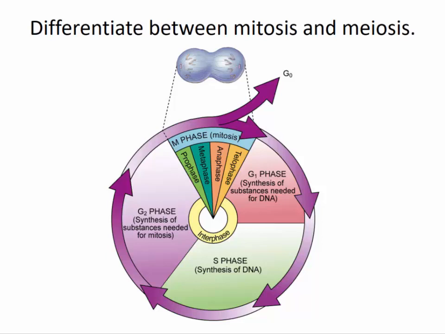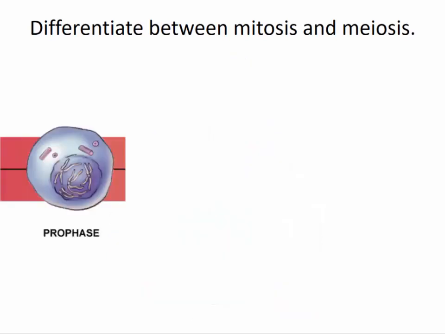When the cell moves into the S phase is when the DNA is actually copied or synthesized. Once the copy of DNA is produced, the cell will enter into the G2 phase, the second growth phase. This is where the synthesis of substances and organelles needed for mitosis begins. The cell grows and grows and grows until it reaches the M phase, when it has produced all of the substances needed for the mitosis. The mitosis phase, the M phase, has the 4 subphases as I mentioned earlier.